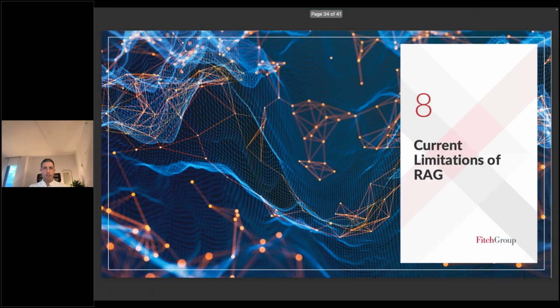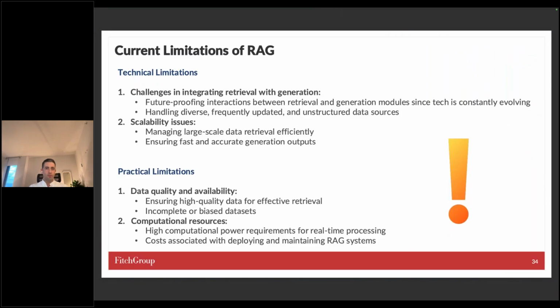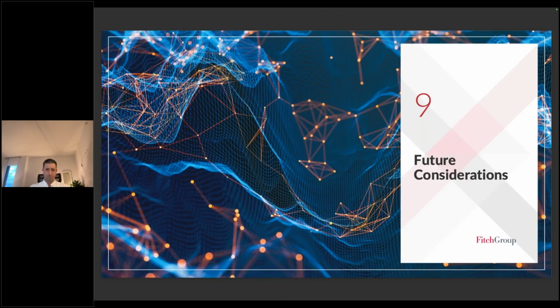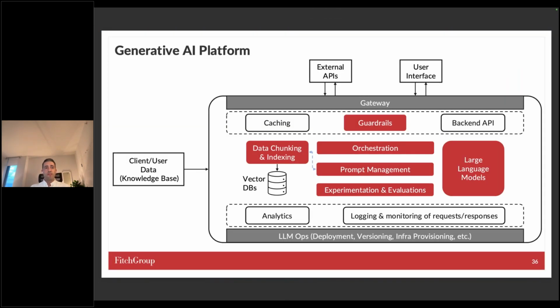And I believe we've come to the end, but if we have an extra minute or 2, I only have a couple of slides. Current limitations, they're both technical and practical. The practical ones obviously being performance, cost, and do you have enough of a use case? These are very, very complex systems. And as you can see, for one of the ones that I demoed today, we've been working on it for basically the last 8.5 months with a team of about 5 to 6 engineers. That's a lot of resources. So make sure that you are going to have enough users if you're going to put that amount of resources into developing these systems.